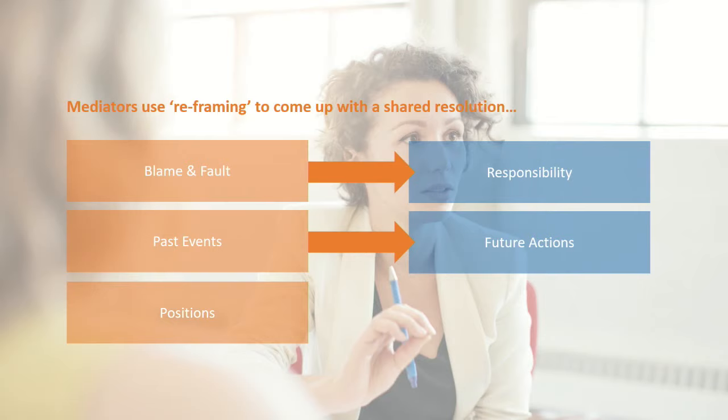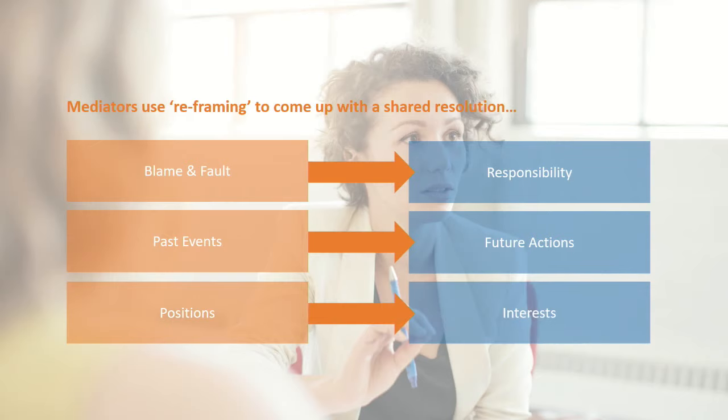And getting people away from their entrenched positions, the standoff that we can get into, the sort of binary opposition that we can end up having with a party with whom we're in dispute, and instead we look at their underlying interests. And what we mean by interests in mediation is the people's underlying needs and motives and imperatives. And if we can, as our impartiality would imply, help people to equally satisfy their interests and get a sense of satisfaction of their needs and motives and imperatives equally on both sides, and then come up with a solution that actually achieves that goal, this is where we get to a resolution in most mediation cases.